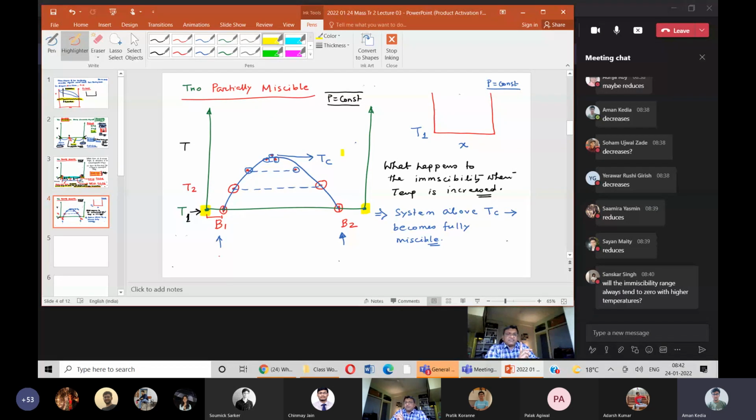Just allow me to teach for about 3-4 minutes, then I will take any questions. So this is the critical temperature. And how do we define this critical temperature? If you have carefully observed me drawing the graph, here we had 2 points, here we had 2 points, 2 points, 2 points. And at the critical temperature, we actually had just 1 point.